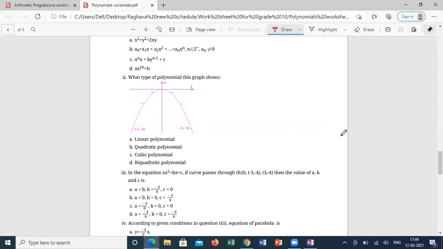So how can we say this is a quadratic polynomial? Why can't it be cubic, why can't it be biquadratic, because even a cubic is also a polynomial where it can intersect only at one point. Correct? Yes, sir. So how can I say this is a quadratic polynomial? Sir, it depends upon the shape of the equation, sir. If you represent any quadratic polynomial, it will be in the shape of a parabola, sir.